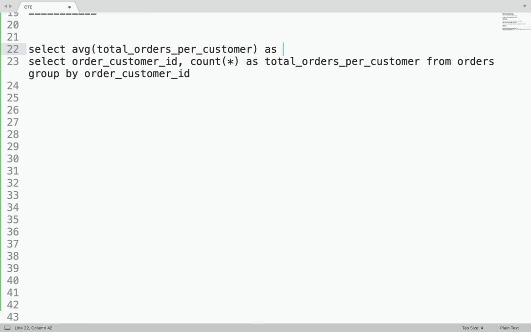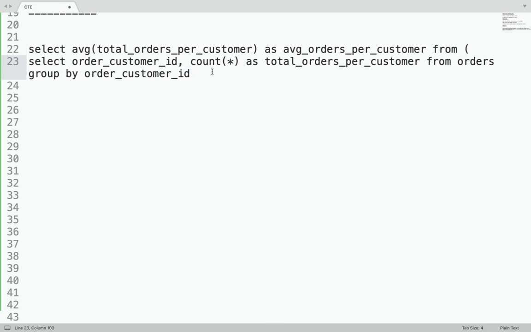I will give some alias name because this average will give me some field, right? I will name it AVG orders per customer, from this,